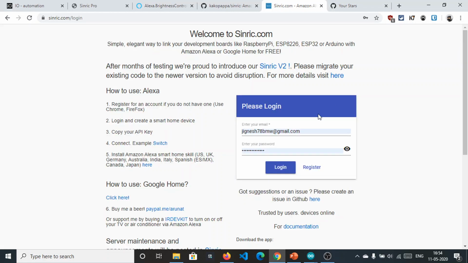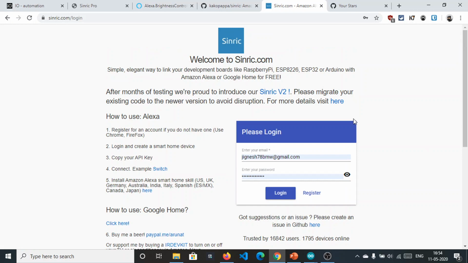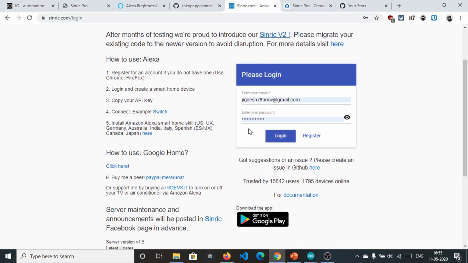Let me log out, and this is the version 2. After a month of testing, we are proud to introduce this one, and they will basically migrate after some time. So you don't need to start with this, although it is free.